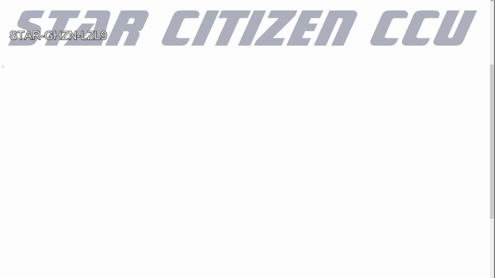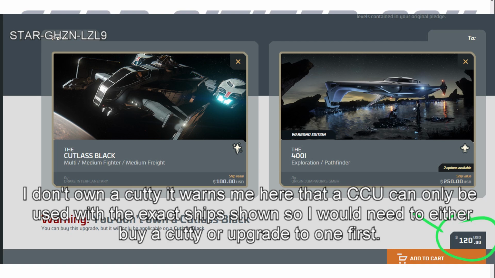Now, we'll use the 400i as an example again. I know someone who watched my video says that they're looking to turn a Cutlass Black, so put the Cutty here, into an MSR. So if we're looking at that, I would go Cutlass to the 400i with cash. So a Cutlass to 400i, if we go onto the website again, and we're going to go from the pledge store to ship upgrades, and ship upgrades are the CCUs. And from there, we'll enter in Cutlass Black,